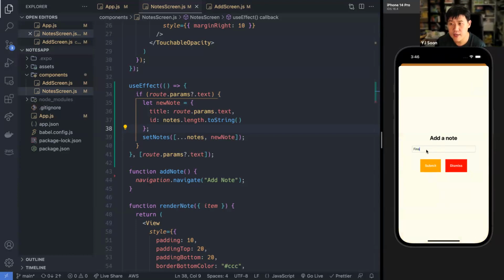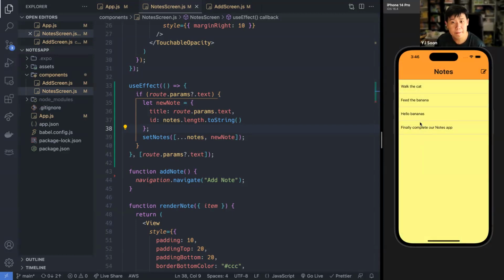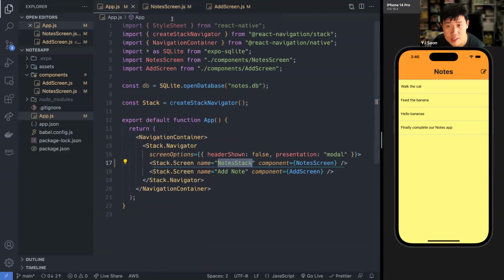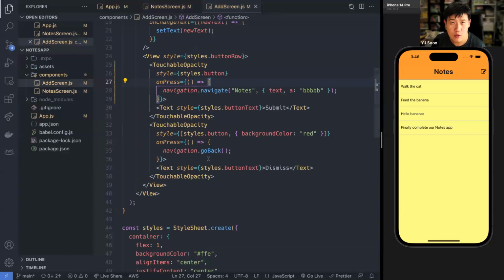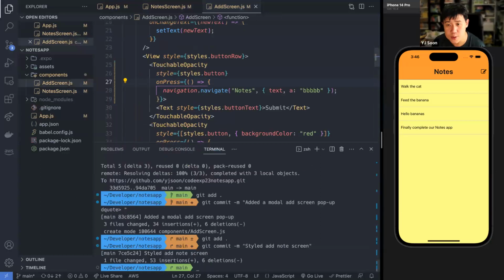Okay, finally complete our notes app. Right, press submit, and there you go. Okay, so I hope that kind of made sense despite all the little interruptions we had along the way. First of all, my internet died, which is always fun. Second of all, I had a bit of a problem because I decided to name two of my routes the same. Do not name two of your routes the same. Okay, that's my amazing advice for the day.